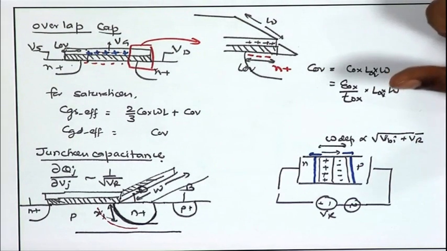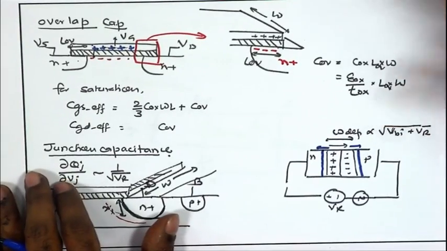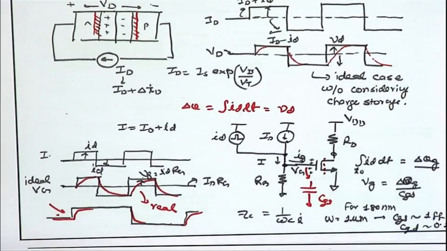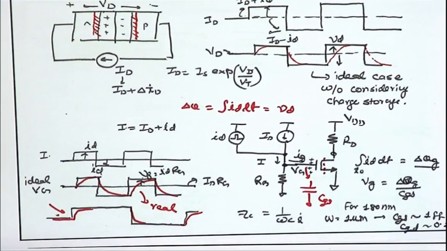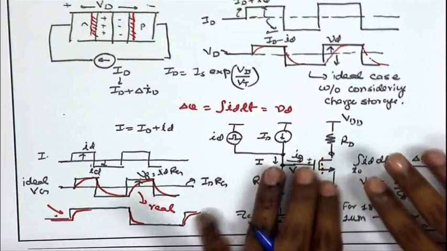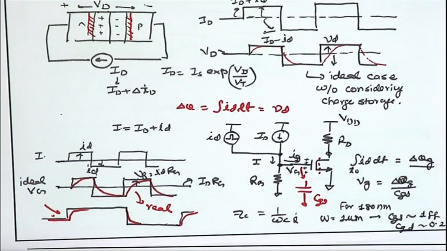Okay. So, another question probably requiring some more discussion on the topic of circuit response or speed response, the effect of parasitic capacitances on the speed response. So, once again revisiting this particular example, what we said is, if you do not consider the charge storage mechanism, if you do not consider the